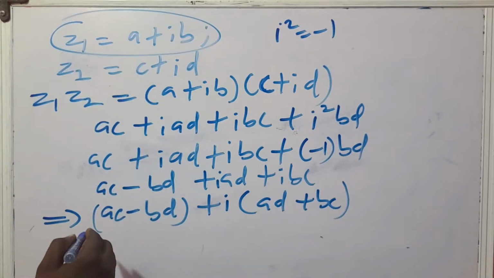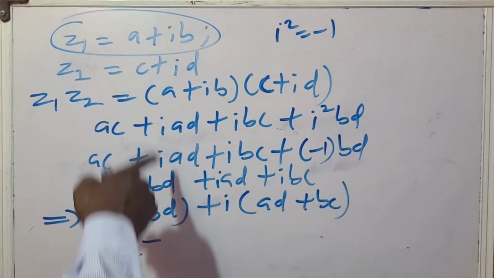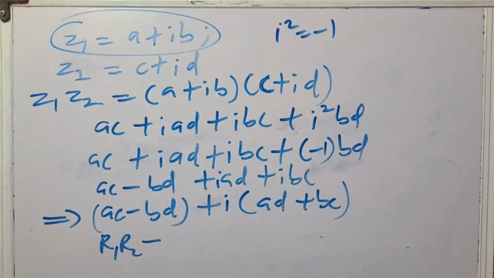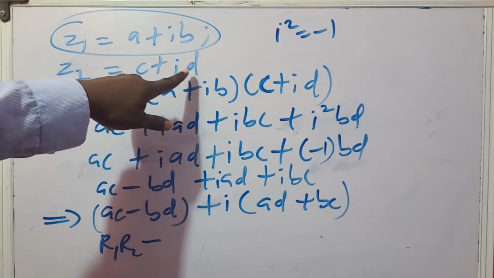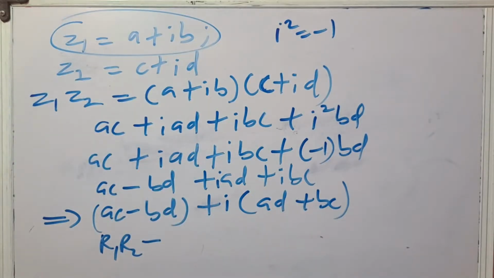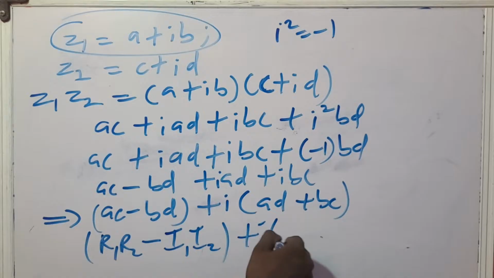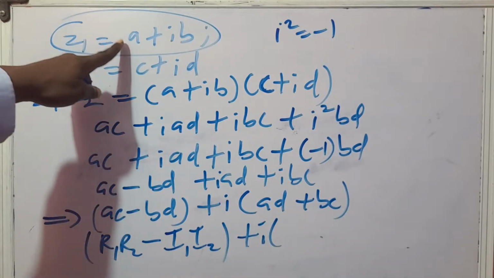So I say real of the first times real of the second, minus, B is the imaginary part of the first complex number, while D is the imaginary part of the second. So the imaginary of the first times the imaginary of the second. I put that in one bracket, and I say plus I into a bracket the real of the first times the